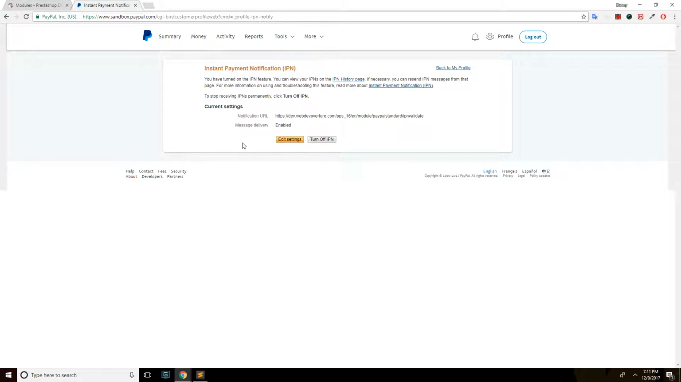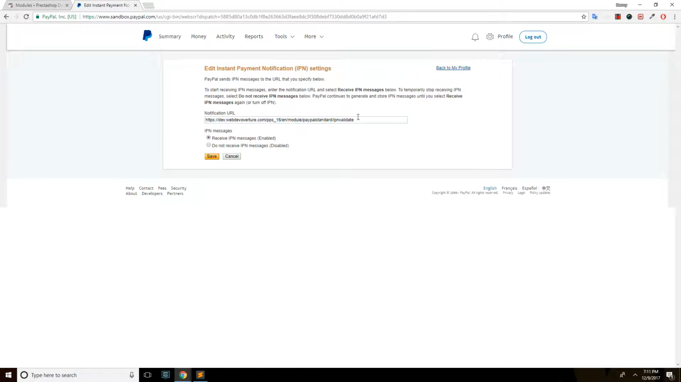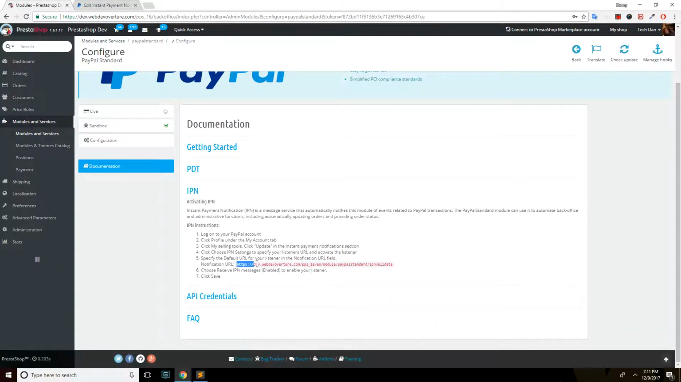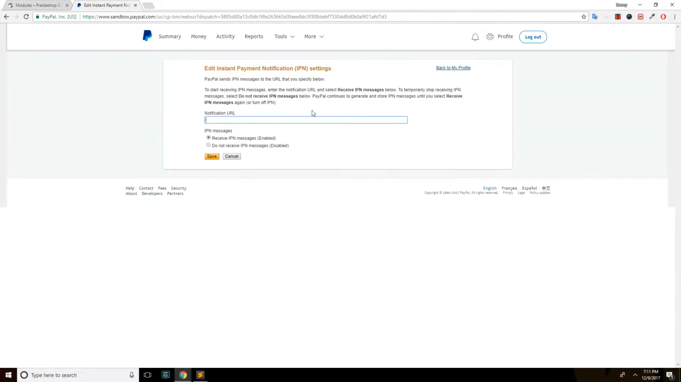If it is turned off, all we have to do is turn it on and then click Edit Settings. To get the IPN URL, you will have this blank by default. You just go to IPN in the back of your module, and you'll select this and copy and paste it. Now, keep in mind that even though you are pasting